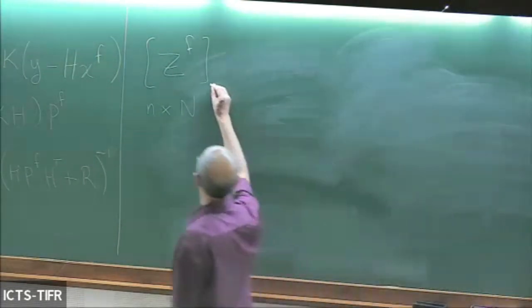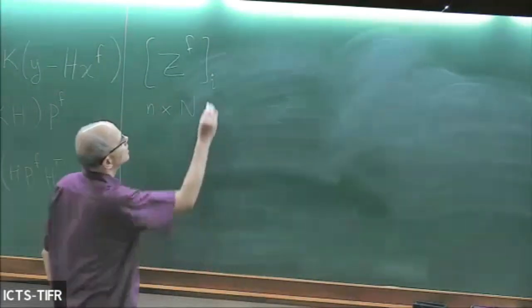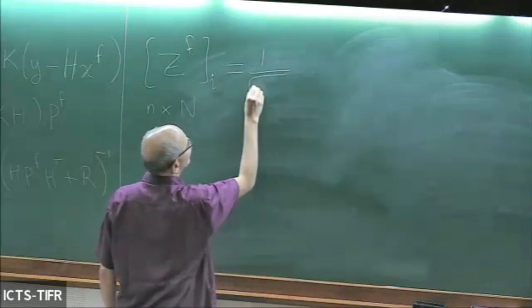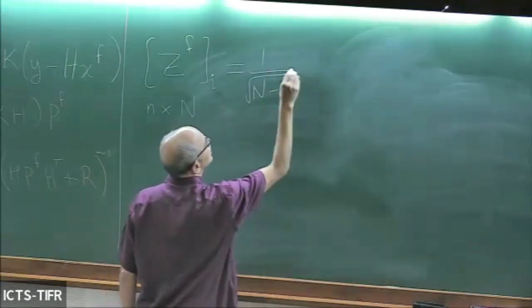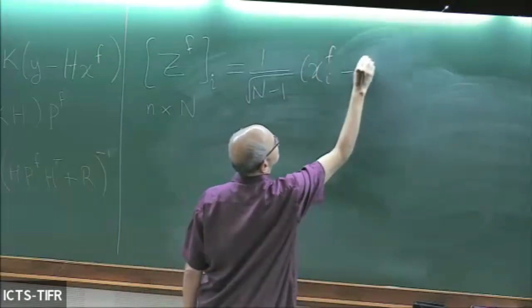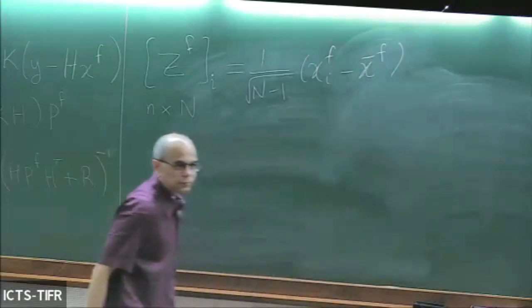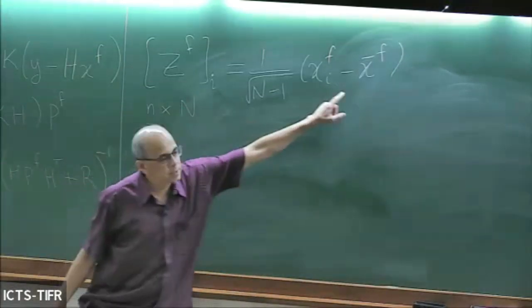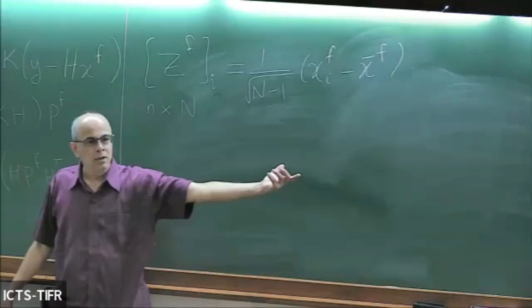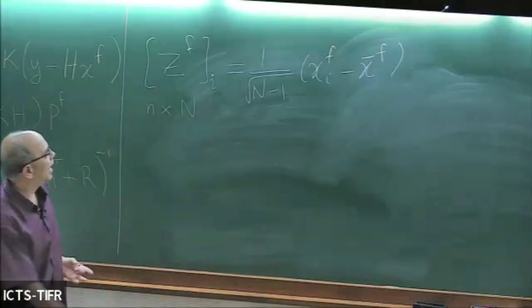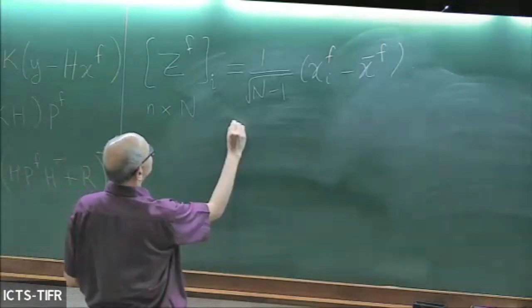Each of the columns, I will indicate it by i, is equal to one over square root of N, for ease of notation, times x_i^f minus x bar f. Right? So this is an n cross N matrix. Each column is what is called, what is it called? Anomaly, deviation, something, I forget now. And same for